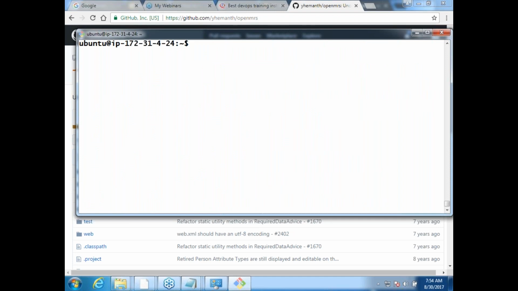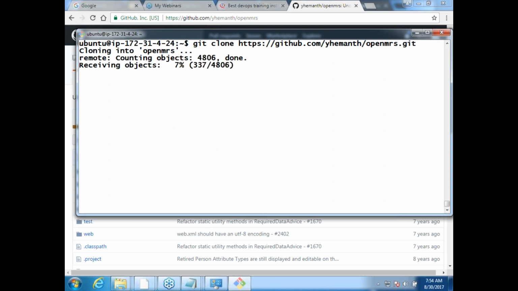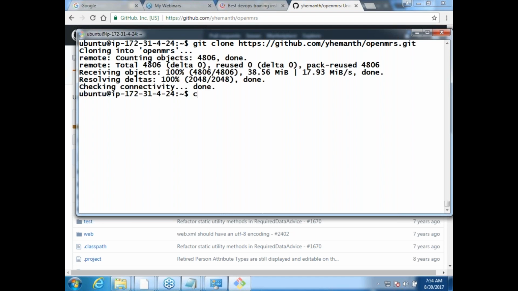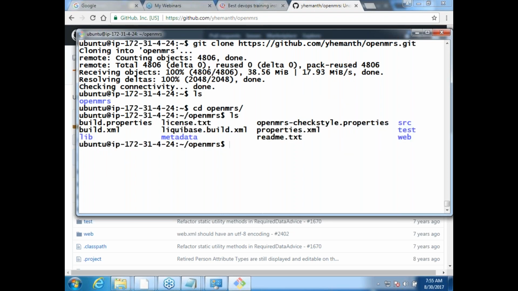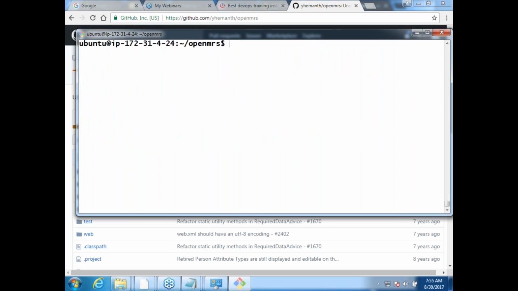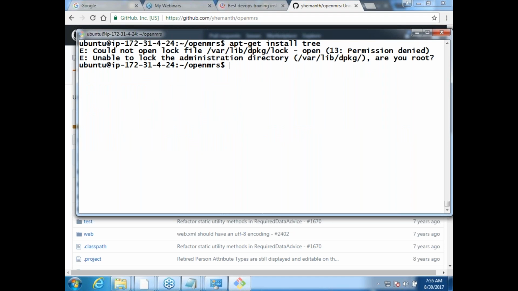Okay, so git clone. I would get in, and I would see an OpenMRS folder in this folder. Yeah. Okay. Now let me do ls, or let me do one more thing, which is apt-get install tree.